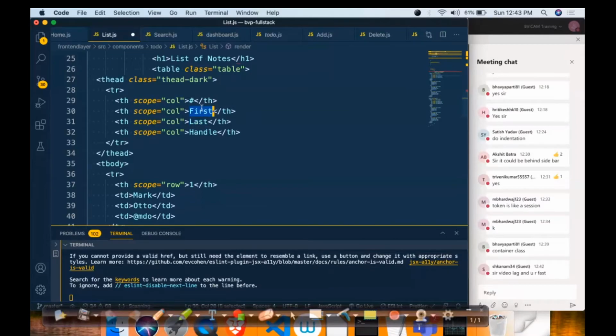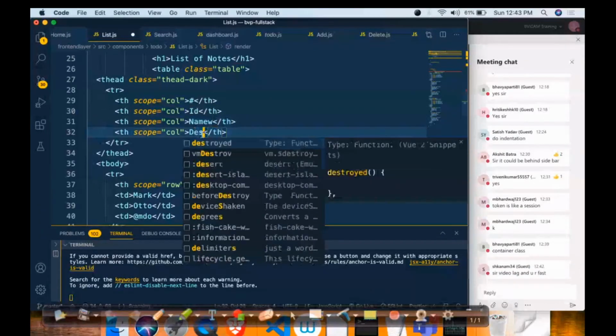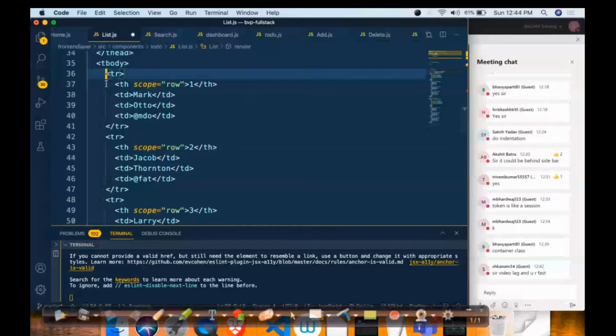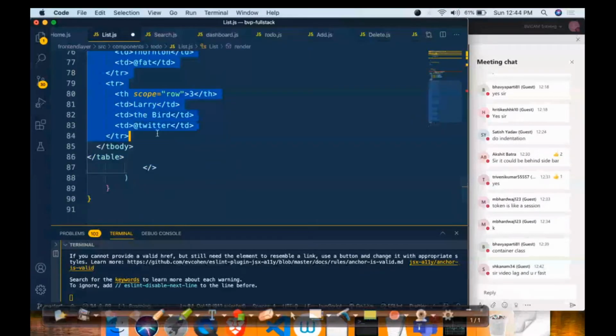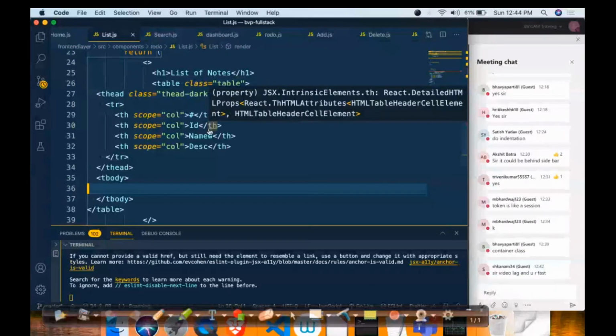So I just tried. If you miss anything, then please raise it, because I just copied and pasted that table tag only. This is what I have done. From here I specify the ID of the note, the name of the note, and the description of a note. That's it. The rest of the stuff, it has this tier. These are least important for me, because this would be generated by React. I save this thing,